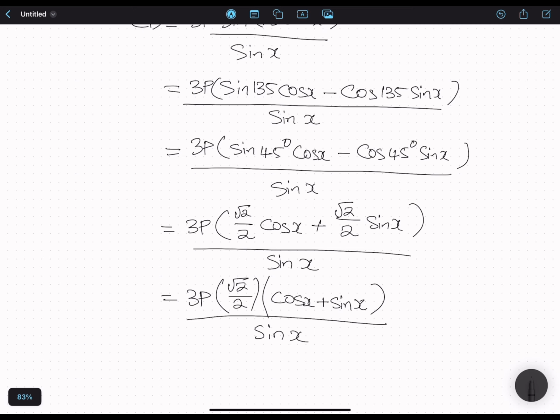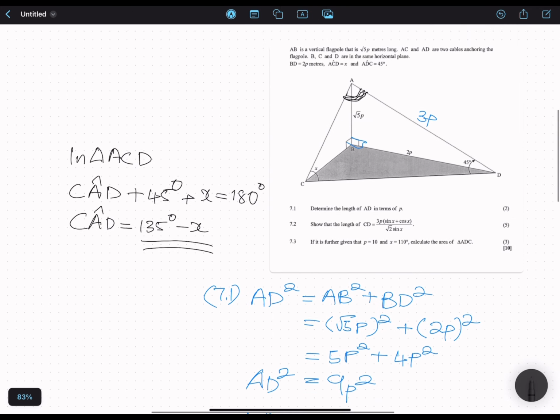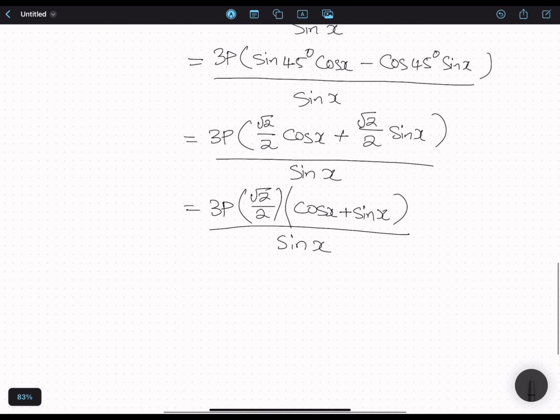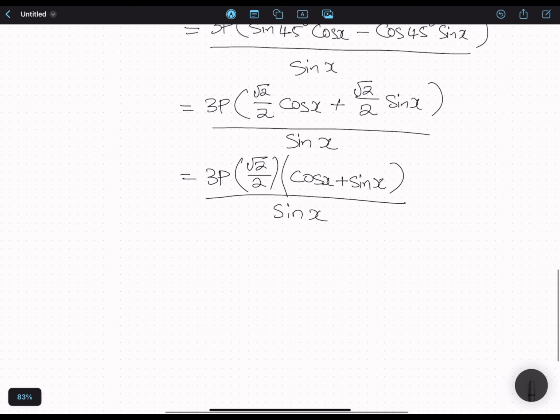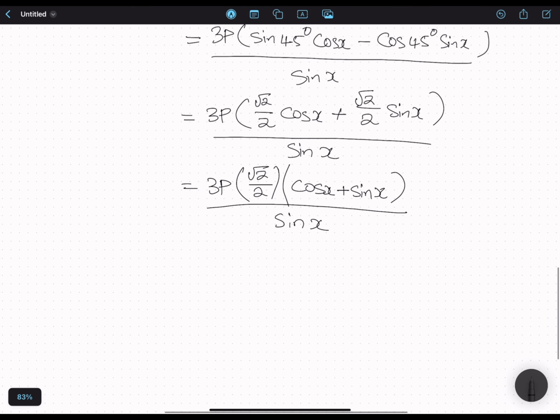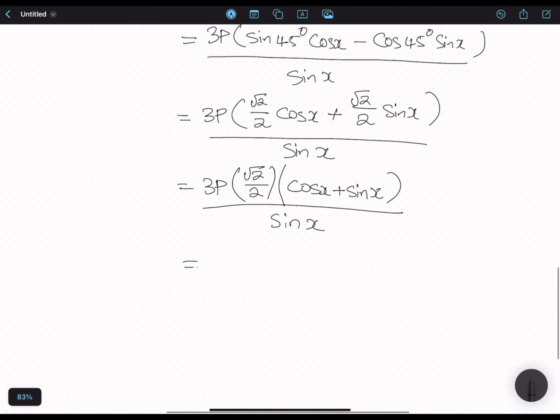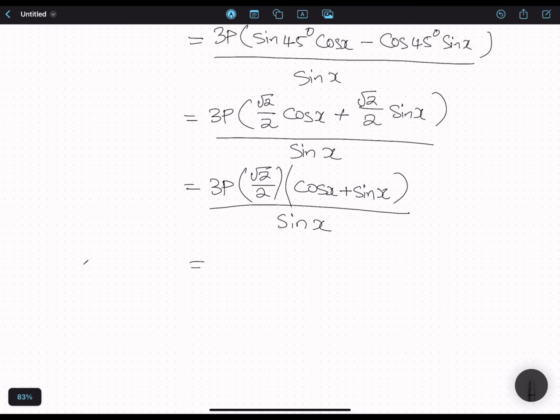Let's see if we are doing the right thing. The one sine x plus cos x. So you can write it in a form that you put sine first instead of cos. So simplifying this further, let's simplify this further. It's going to give us, we can just say therefore CD is equals to, simplifying this further, it's going to be 3p,